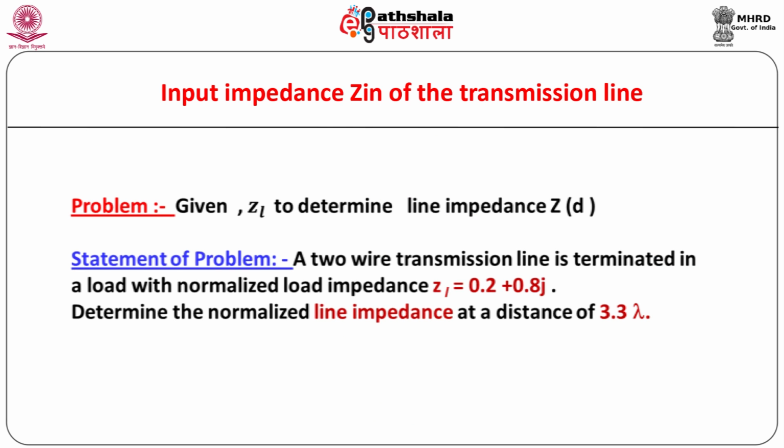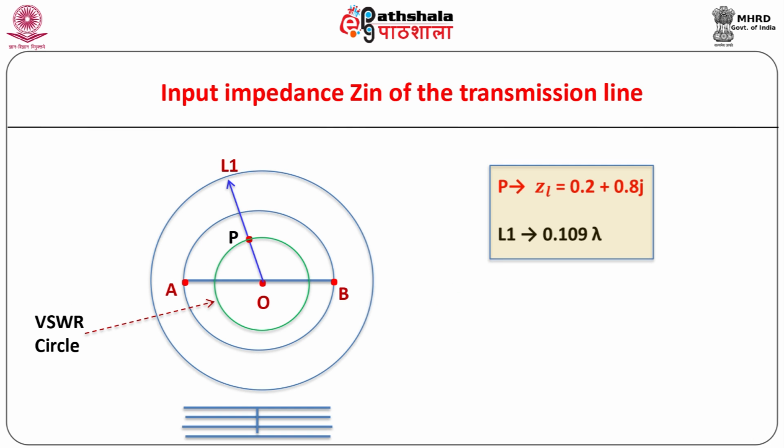Let us discuss a problem wherein given normalized load impedance, we can determine the normalized line impedance at a distance d from the load. The statement of the problem is as shown. The solution is as follows. Step number 1. Plot the normalized load impedance, that is point P on the Smith chart. Step number 2. With O as the center, draw a circle with OP as its radius. Step number 3. Extend the line OP to meet the circular scale marked in degrees to measure the radial distance